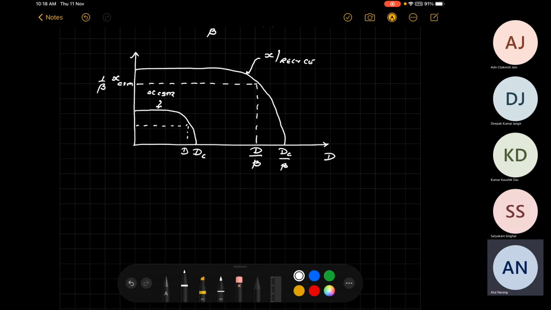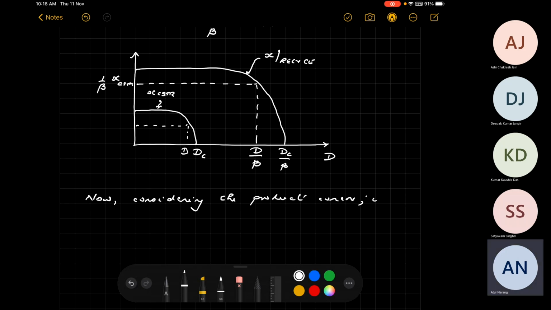So now let's consider the product concentration. This is where the reason they use it in the production of proteins will become clear. Now considering the product concentration,